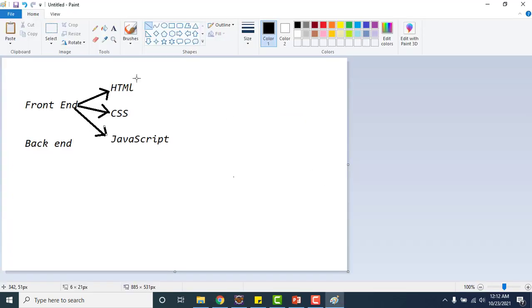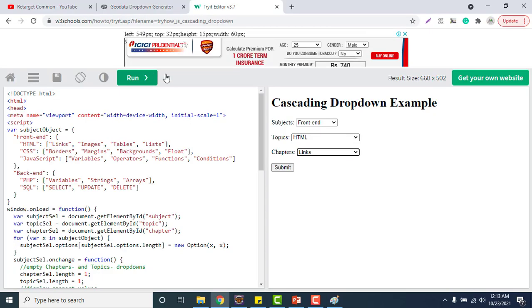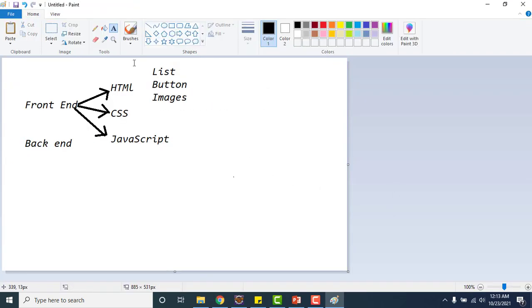So if you select the HTML, it might have different values like list, button, images. Again HTML will behave as a key here. It can have one value at a time, like list, button, image, something like that.